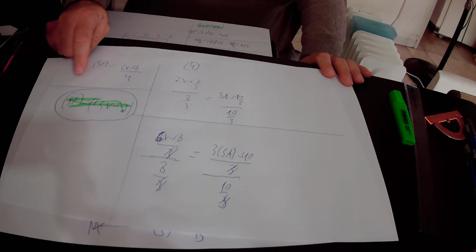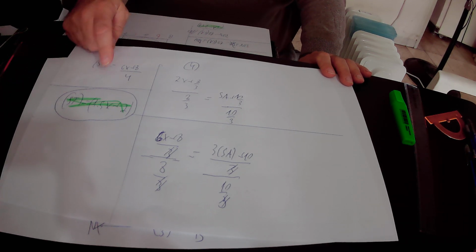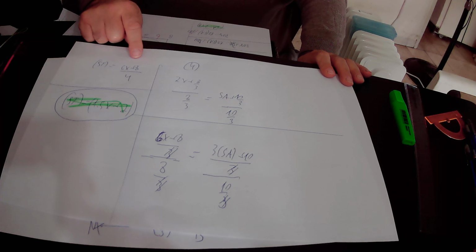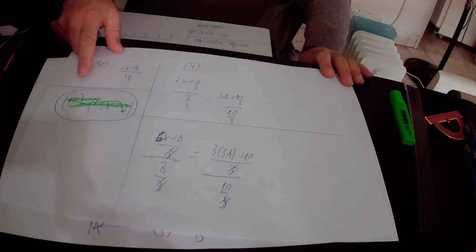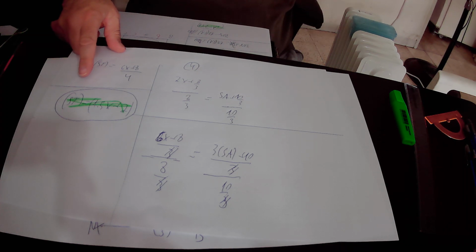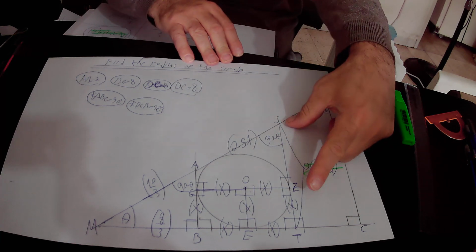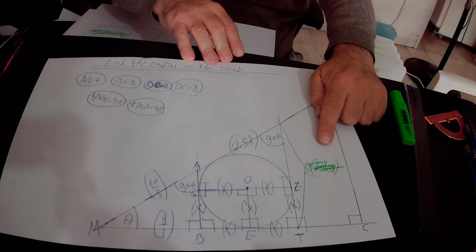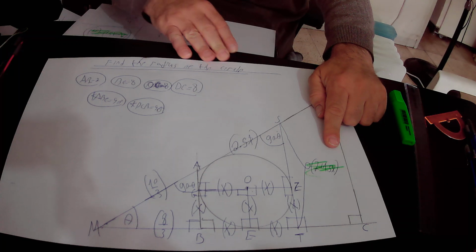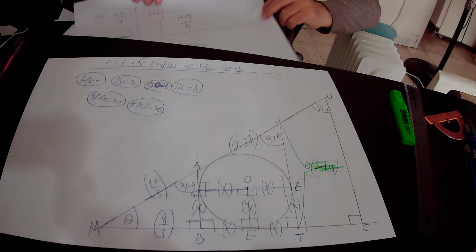So ST equals 6x over 4, which is 1.5x, plus 8 over 4. 8 over 4 is 2. So in conclusion, we found out that ST in total equals 1.5x plus 2. If this line segment ST equals 2 plus 1.5x, then